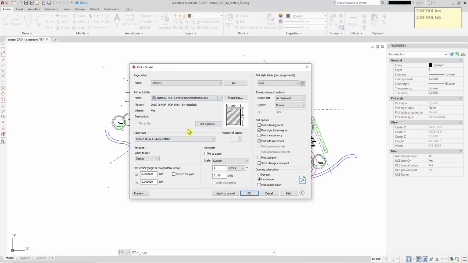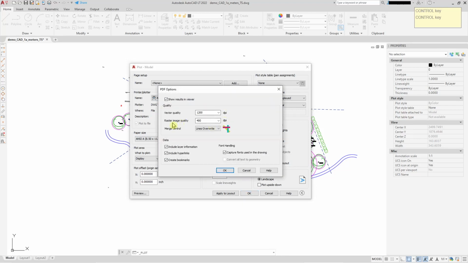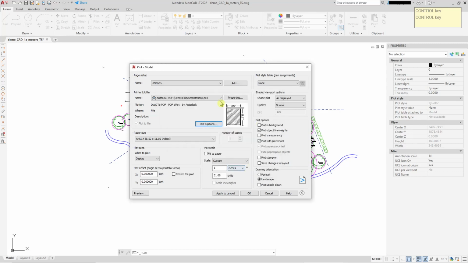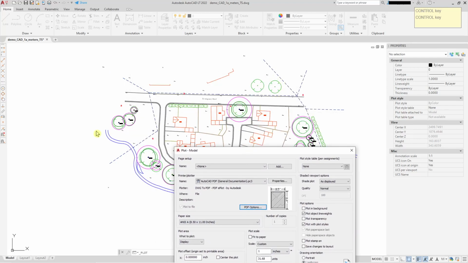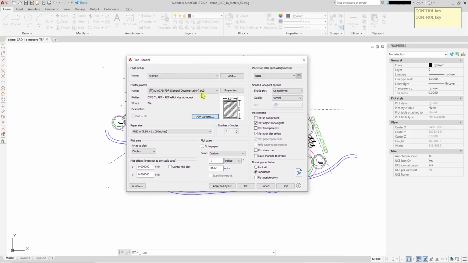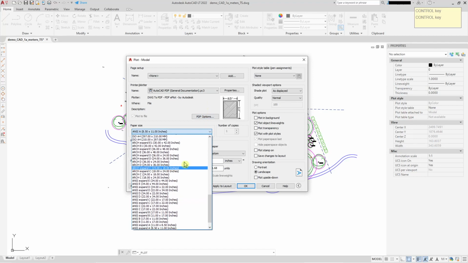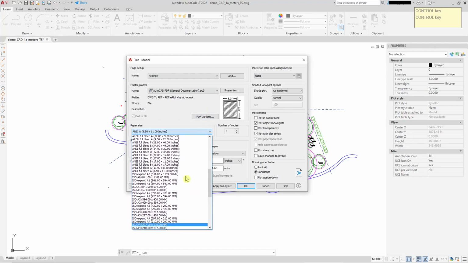Sometimes I find that some images, if you put images on your drawing and they don't show, sometimes you have to change this setting here to something lower. It's a bit of experimentation. And then you've got to choose your paper size, and for this drawing I think that would go nicely on an A3. It's a very small site, so I'll select ISO A3,